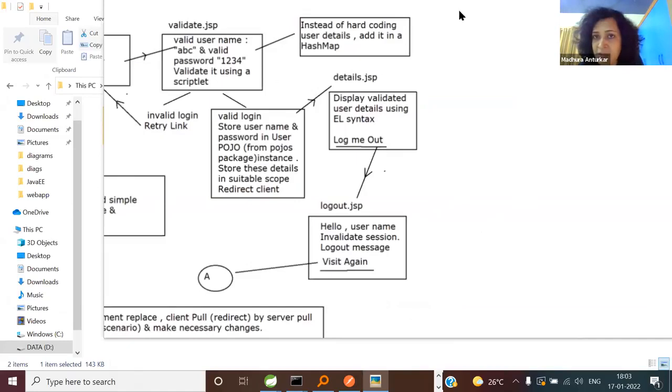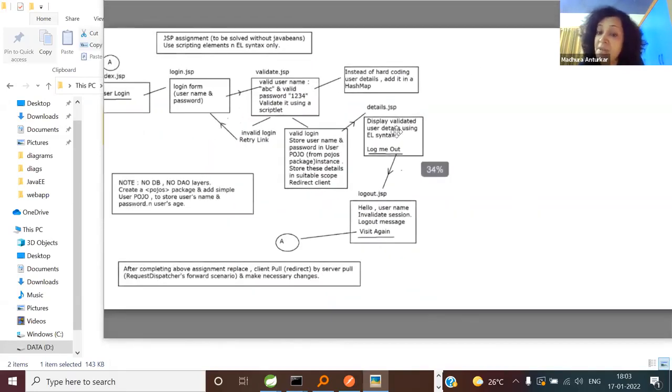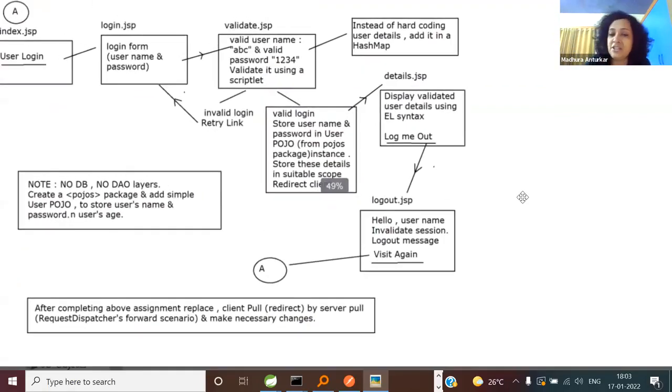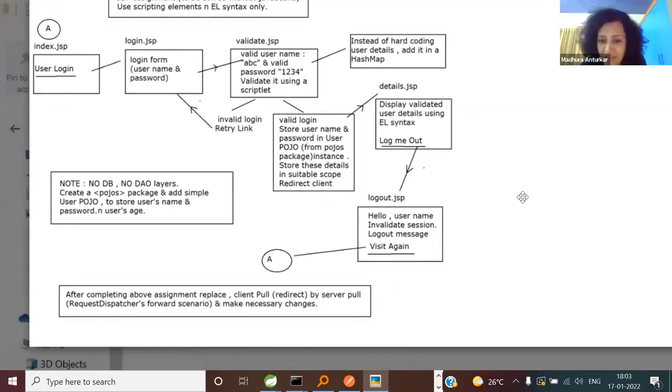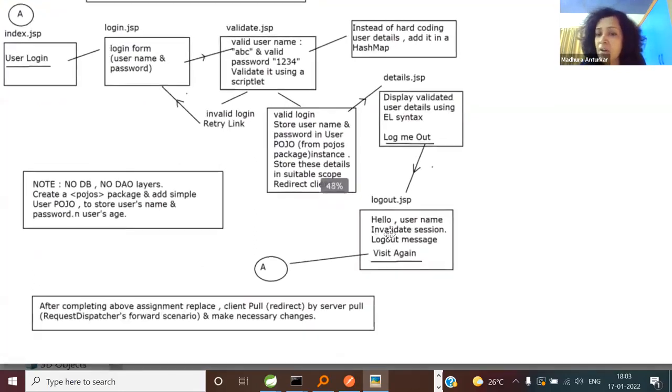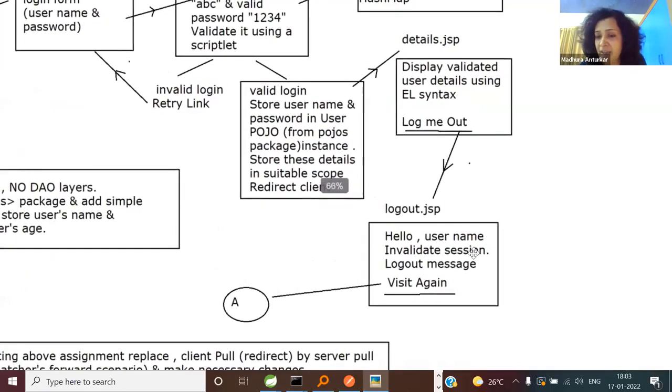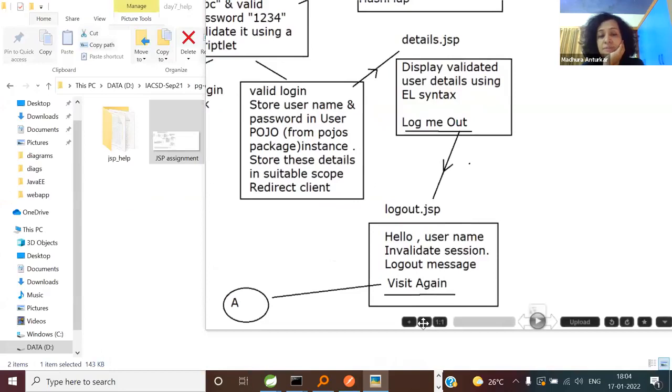Very right. And all this information will be really useful when I take you tomorrow to the second level in JSP, which is advanced JSP actions and all that. So that was your first line. Everyone knows, if I want to invalidate the session, which of the following can be used? Scriptlets, declaration, EL syntax, JSP expression, all of the above, none of the above. How will you discard the session? We did this earlier. What will you use?